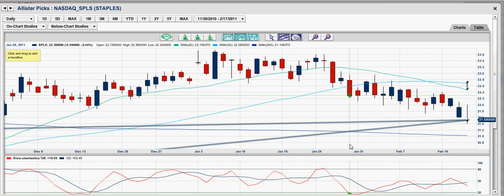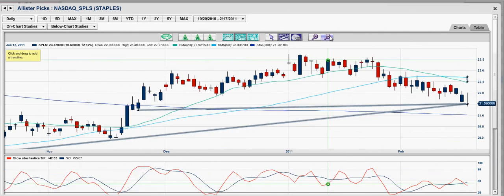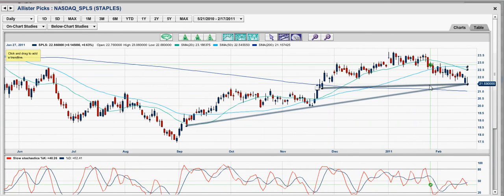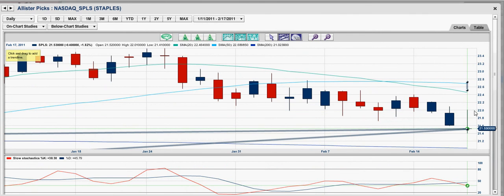Staples is another chart that I do like. It has a plateauing platform. You have support, a previous area of support, and then you have an ascending support. Double that with a descending inverse hammer. Chances are you're going to see the stock go higher, and chances are if you were going to set up